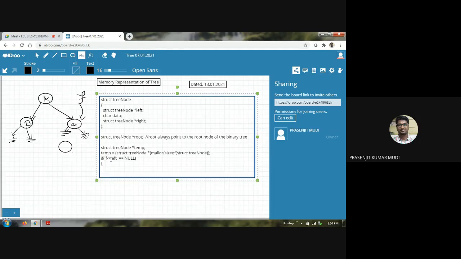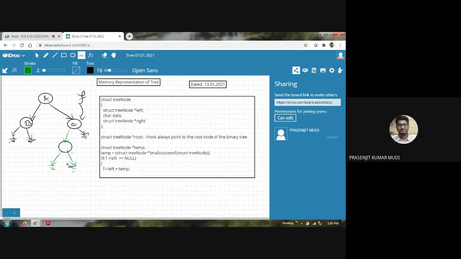So here you are doing the insertion of the new node. How? By just F pointing left is equal to temp. By doing this, what happened? This is lost and this connection is established. Of course, this new node's left pointer is pointing towards null, its right pointer is pointing towards null.